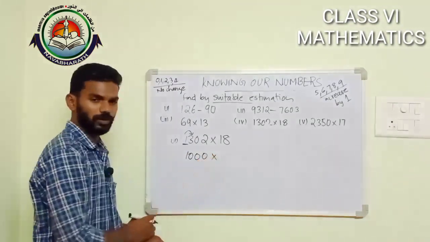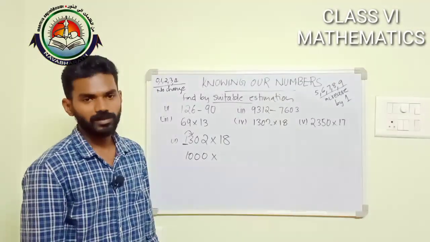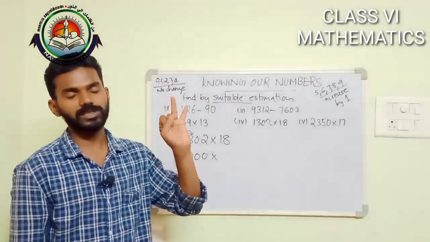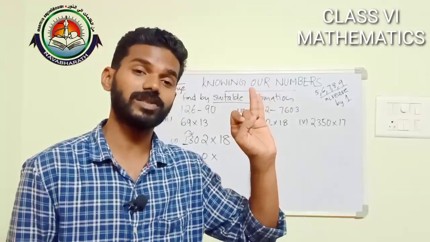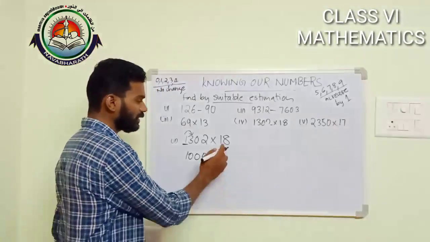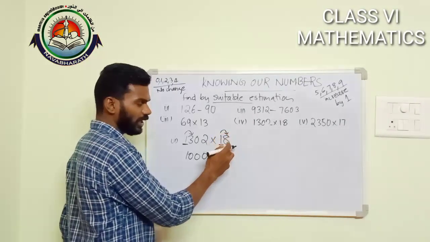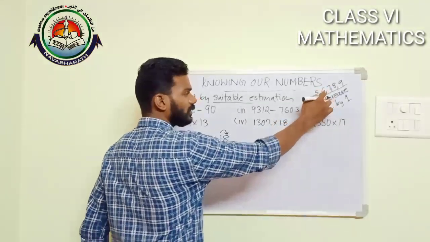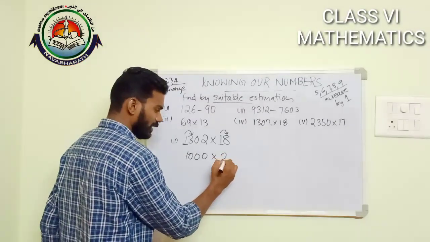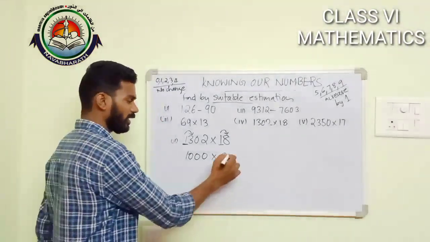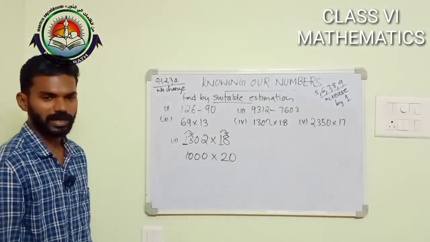Again there is an into. Then consider this number separately. This is 18, a 2-digit number. 2 digit means ones, tens. So we are going to round off to the nearest 10. Consider the digit at the tens place, 1. The next is 8. 8 belongs to this category. So 1 must be increased by 1 so that it would become 2. Remaining digits 0.